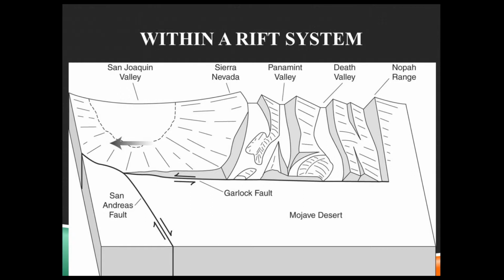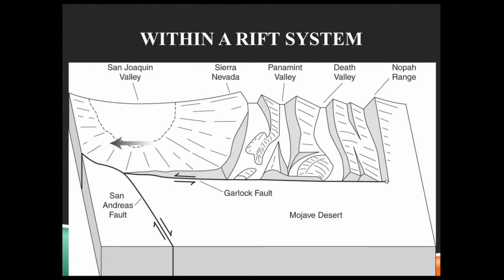Moving on, we can also have strike-slip within a rift system. So it's not just collisional. Here we have San Andreas Fault, a big transform plate boundary, we know that. But over here we have a rift system with lots of half-grabens. And, Death Valley, Panamint Valley, the Sierra Nevada, then the San Joaquin Valley. So we've got valleys and uplifts, and